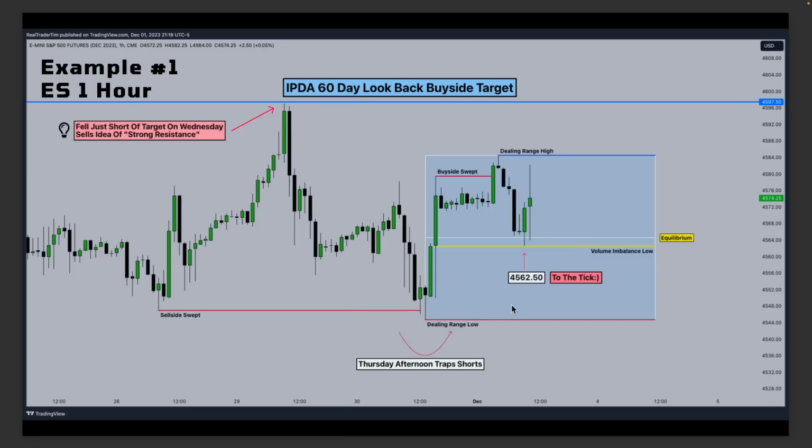But why don't we want to see the dealing range low get swept? We're bullish. We're targeting this IPTA 60-day look back, but it's already swept this sell side here. And this volume imbalance is the only inefficiency in here. So this to the tick, is that random? No. That's the algorithm just coming back to the first inefficiency, the first key reference point in a discount of this dealing range. So we don't ditch the bullish idea just because we see this fair value gap fail,